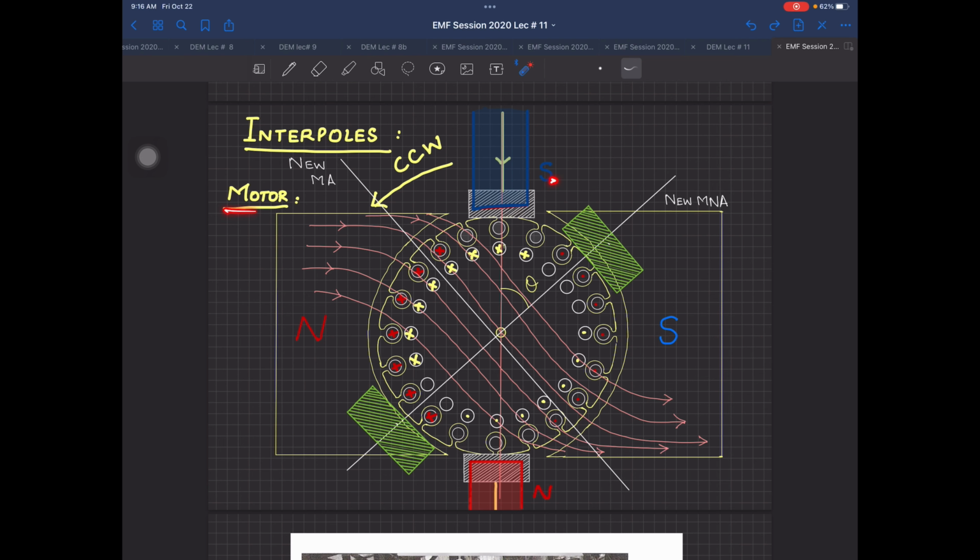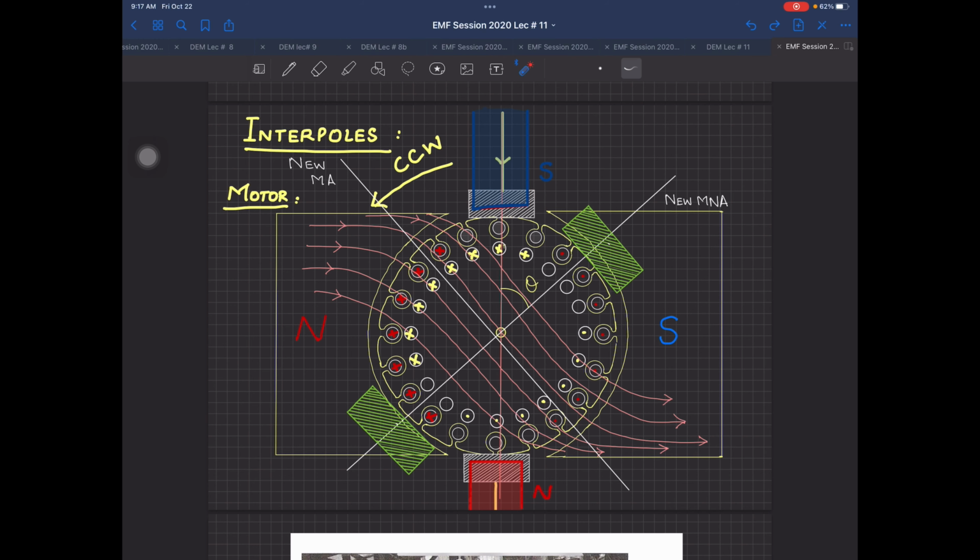So now, what is this interpole? In a motor, see this carefully, the interpole is of the same polarity as the pole you are coming from. If you are coming from a south pole, the interpole will always be of that polarity. Even with a clockwise rotation, this will be north. There is a statement in your book about interpole polarity: the polarity is from the side from which you are rotating. If this was a generator, the rule will be opposite. So just revise it over there.